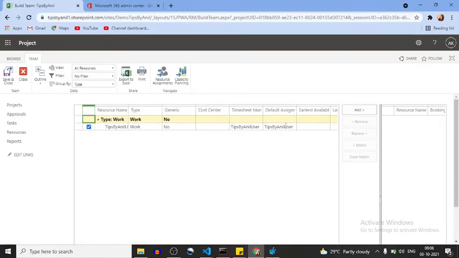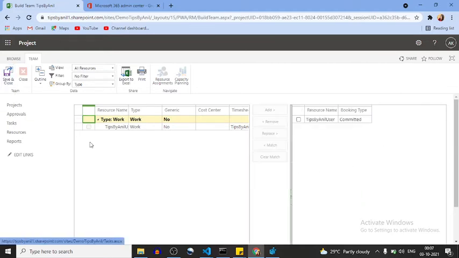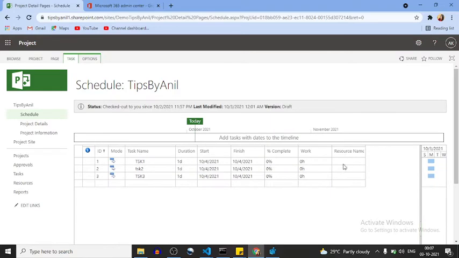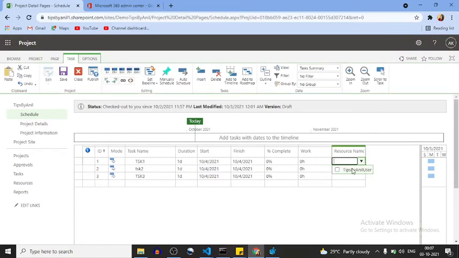Now this tipsynl I will drop over here. Click on save and close. Save completed successfully. So here finally I can use this resource. I can assign this resource over here.